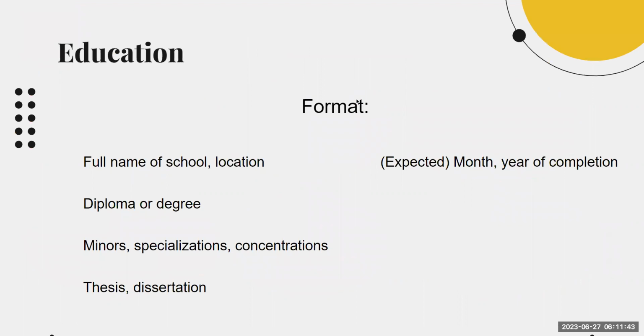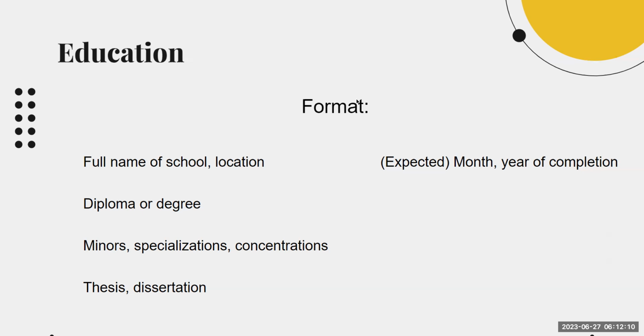So your education is usually what goes after your name and contact information. Some people have their education at the end, which is an acceptable way to format your resume, but typically people put it after the contact information. So the standard format for writing your education experience is to have the full name of your high school, college,